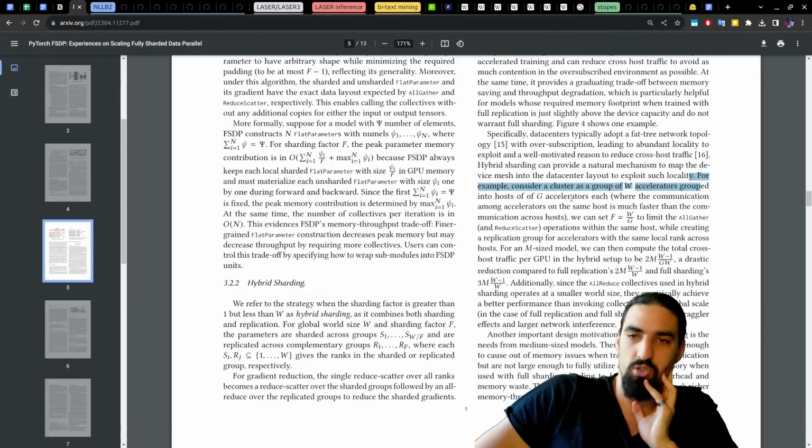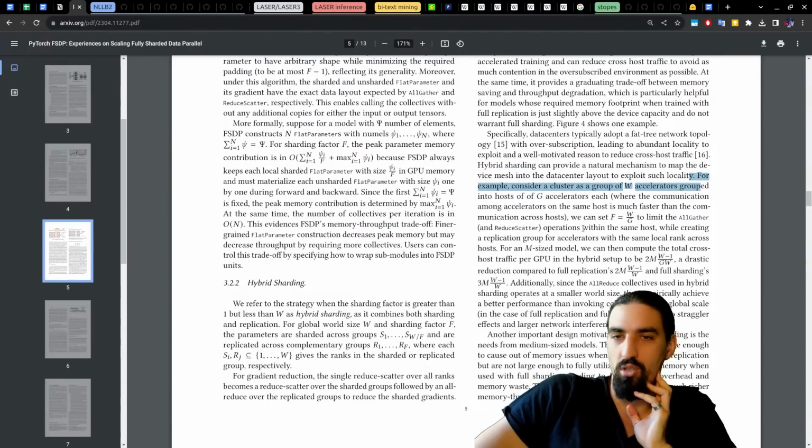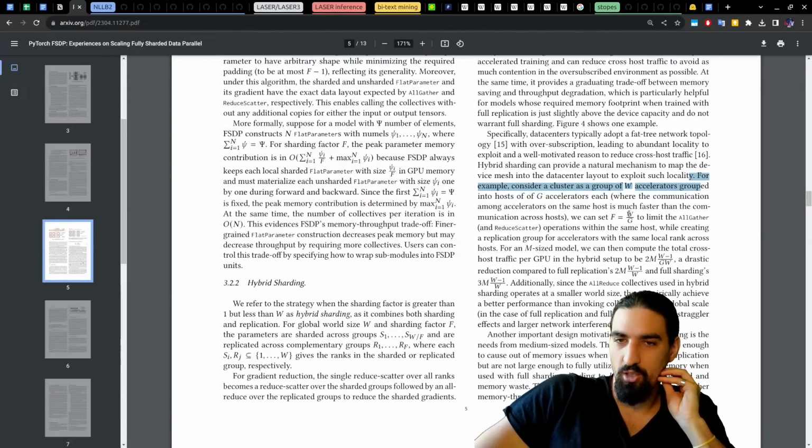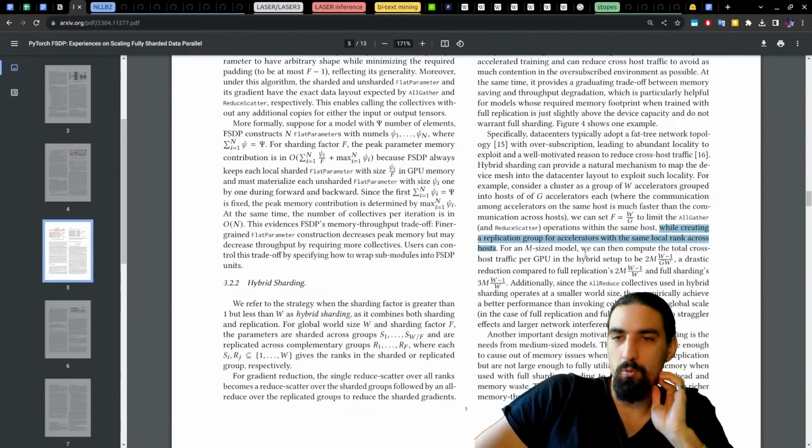For example, consider a cluster as a group of W accelerators grouped into hosts of G accelerators each, where the communication among accelerators on the same host is much faster than the communication across hosts. We can set F to be equal to this to limit the all gather and reduce scatter operations within the same host, while creating a replication group for accelerators with the same local rank across hosts. Let me read that again.